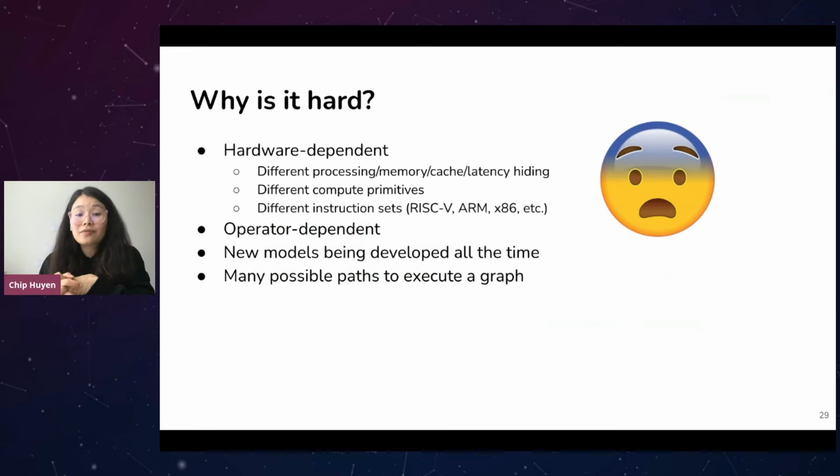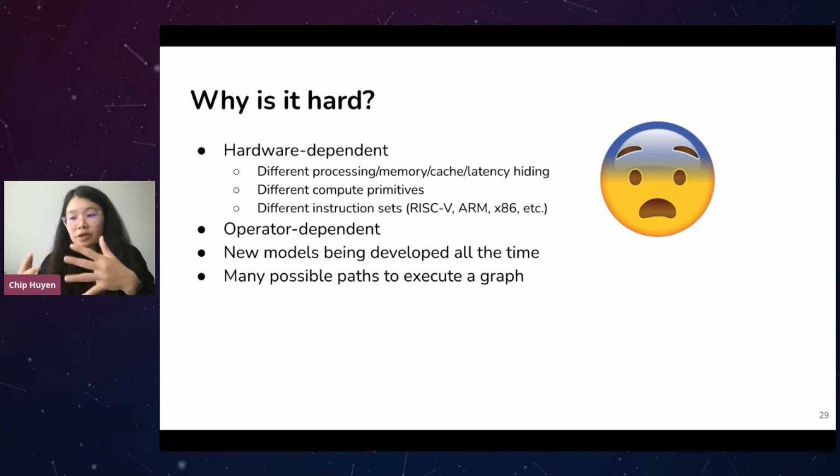So it is actually really hard. Even though the common methods of doing optimizations are well understood, doing so is still very hard because all the optimizations have to be hardware dependent. It really depends on different processing, memory, cache, latency hiding, as laid out above. It's also operator dependent, because it depends on the kinds of computations you do in the model. And because new models are being developed all the time, with different ways of combining operators,